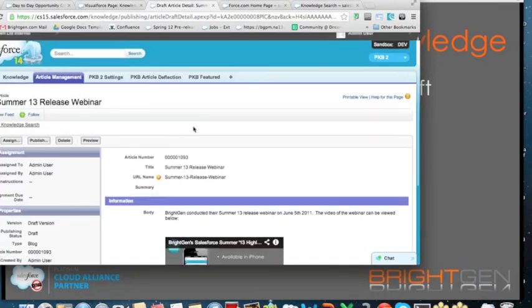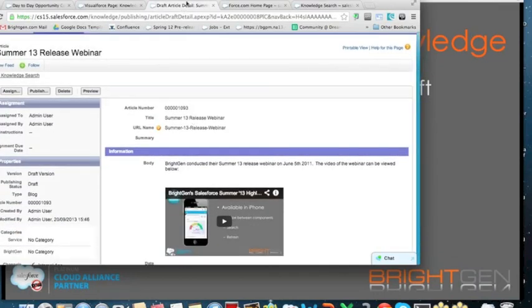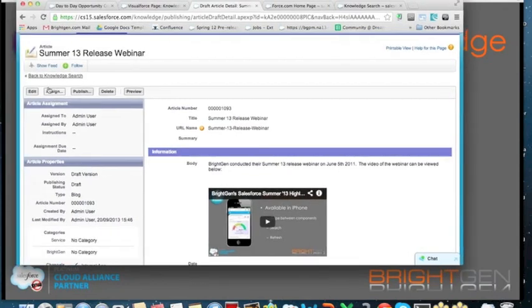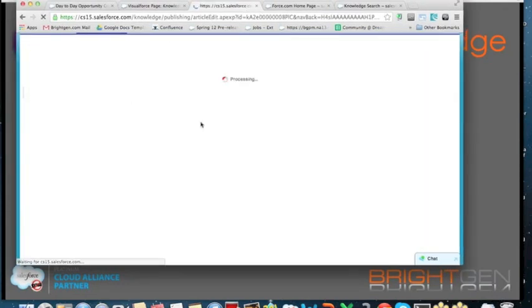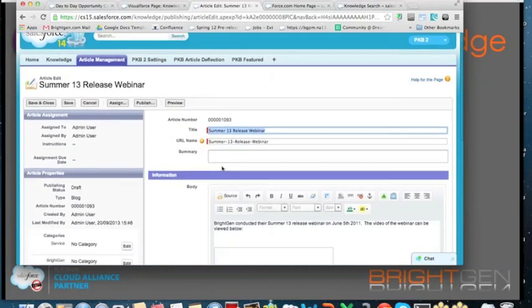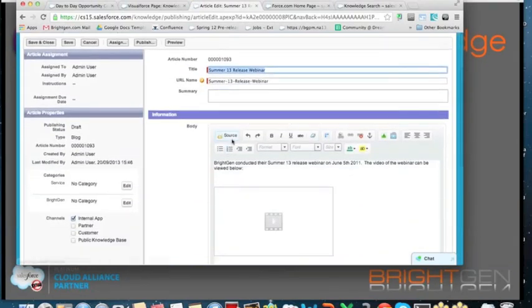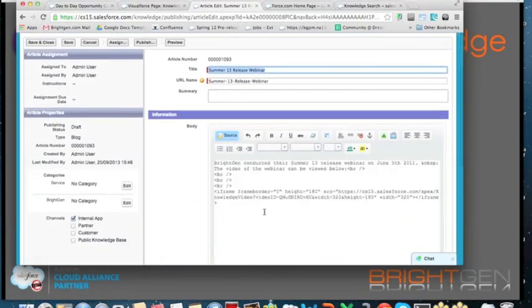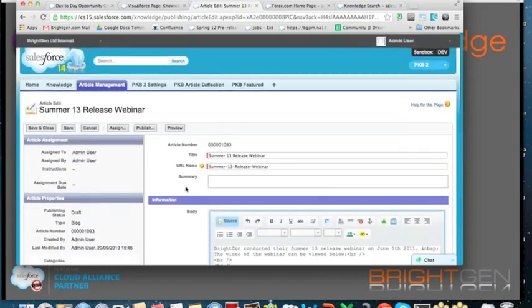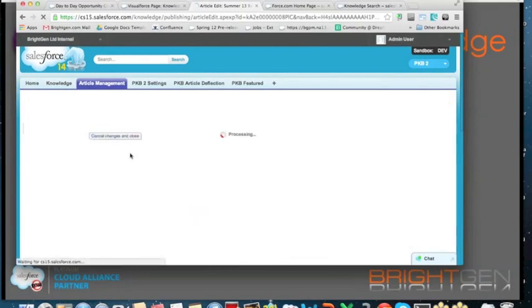And then on an article, what you have to do, I'll just move that over a little bit. It's a little bit tricky to actually include the reference to the Visualforce page because you actually have to go into the HTML source editor and then copy and paste the actual address of the Visualforce page, which is here. And then in this case, I've allowed it to take an additional parameter, which is the YouTube video ID, and specify the width and height. If I just cancel that edit